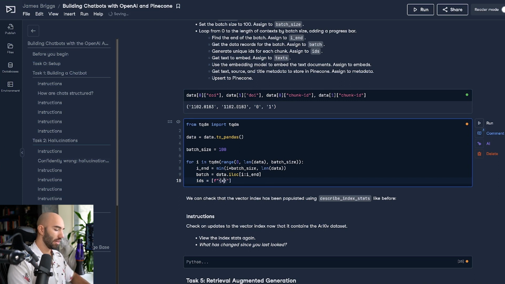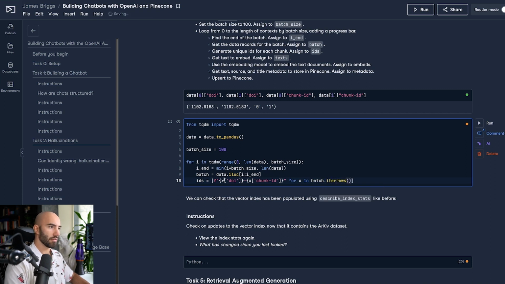We'll do x doi followed by x chunk ID, for x in batch.iterrows.